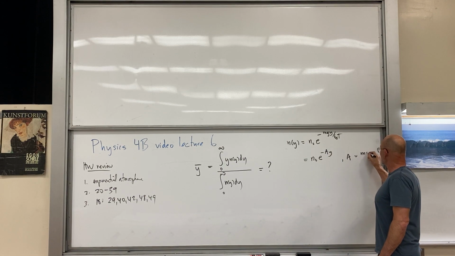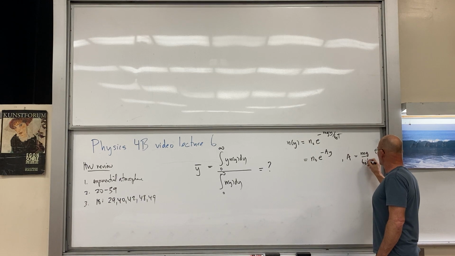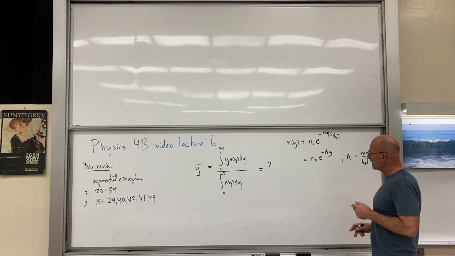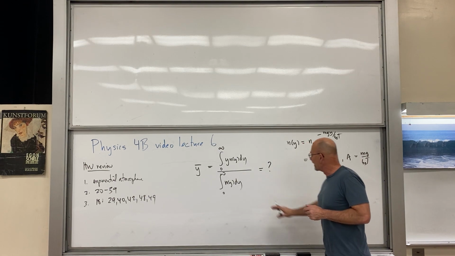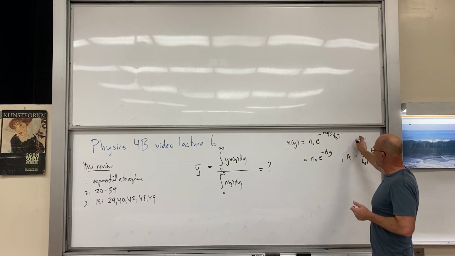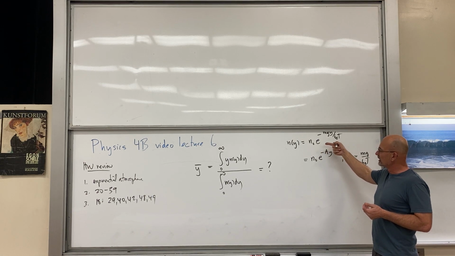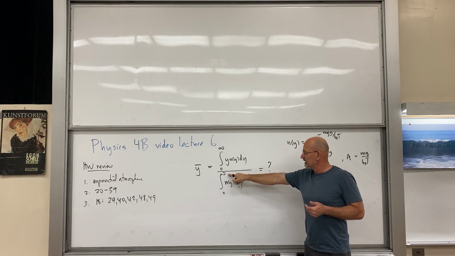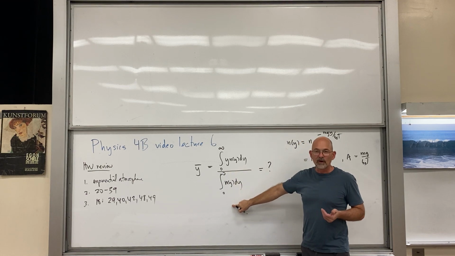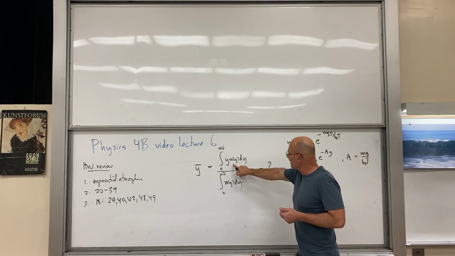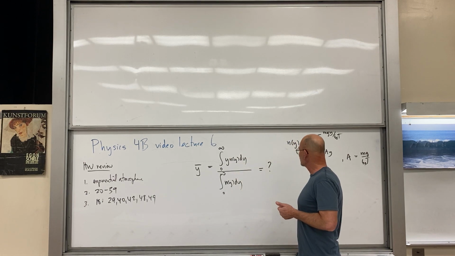A would just be mg over k Boltzmann T if you want to simplify things. So this one's just going to give you a basic integrate the exponential, make sure you do the upper boundary minus the lower boundary. Okay. As far as the integration by parts goes,